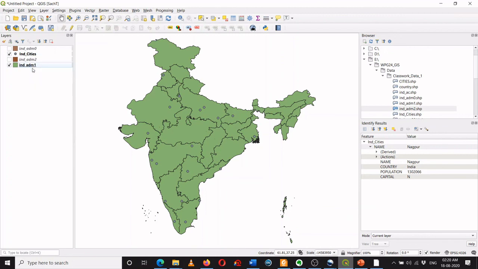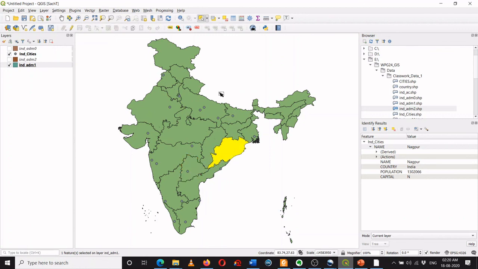For example, here if the India admin 2 is selected, then I cannot select the state. I cannot select any state. If I want to select the state, then I have to ensure that India admin 1 is highlighted. Now I can select the state: Uttar Pradesh, Rajasthan, Telangana, Odisha.